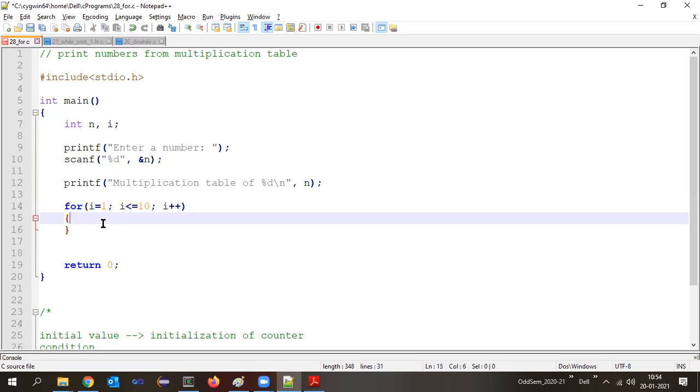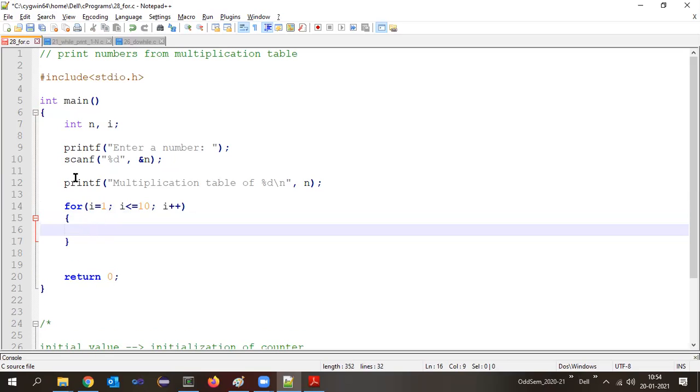Okay. Now, next I need to simply write the statements which have to be repeated until the condition is true. Now here I want to do a multiplication table, so what do I need to calculate and print? In one line I can do it, or we can write it in two different lines. First we need to calculate the product, right? 4 into 1, that is 4, or 4 into 2, that is 8, we need to store into a variable. Instead of that, directly we can write those calculations in the printf statement like this.